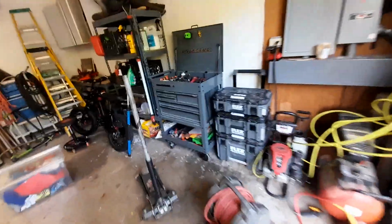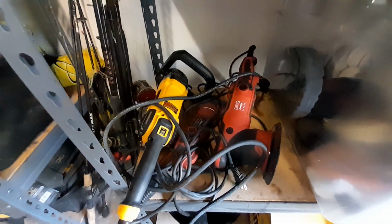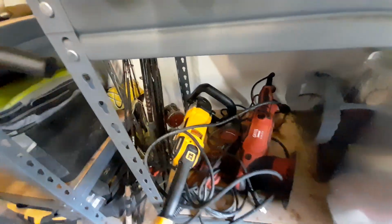Basically that's what I've been working on here. Got all my towels and stuff for when I'm detailing insides, wash mitts, this and that. This is just all my buffing pads and my buffers. I got a 6-inch, a 3-inch, and my big buffer, which I just started using